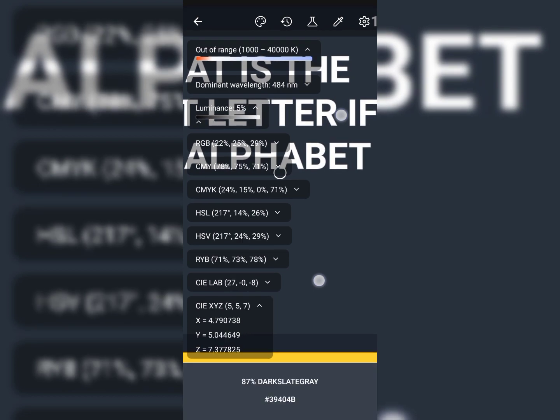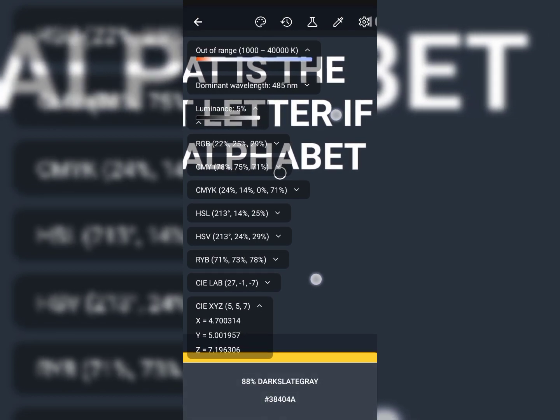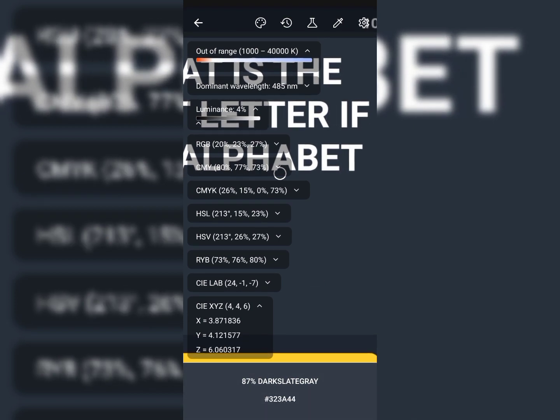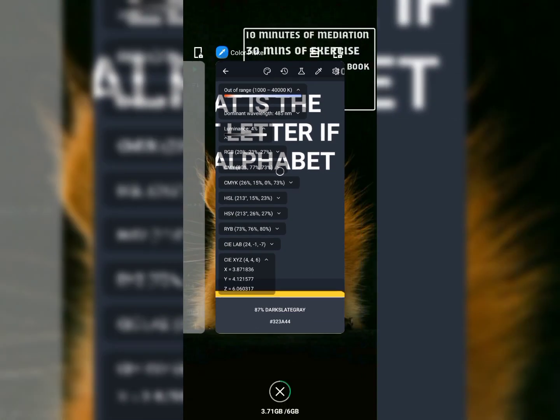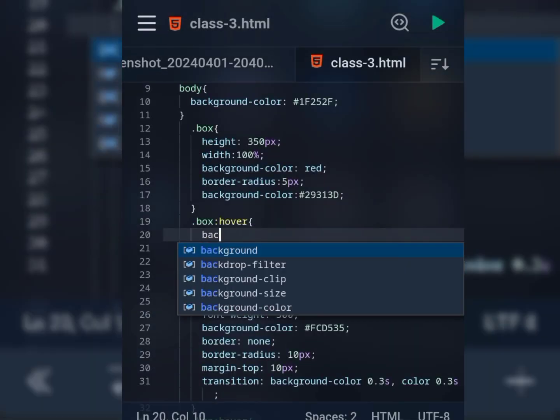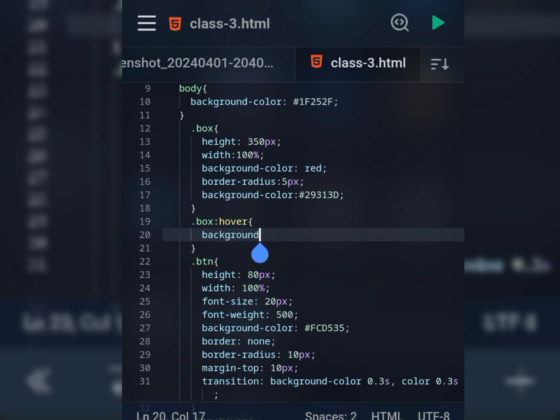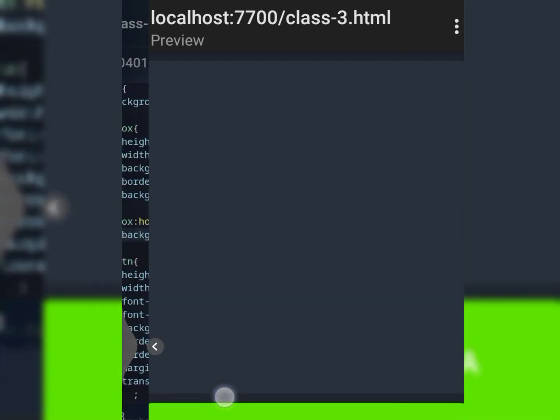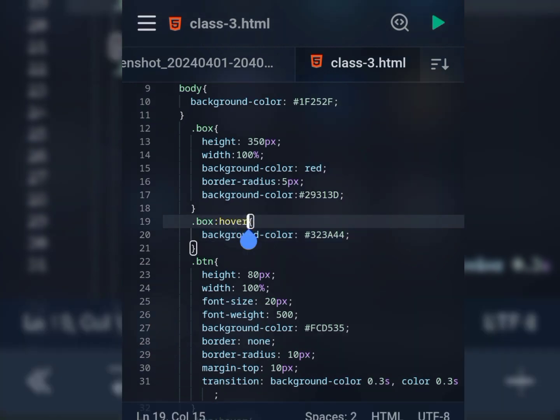And yep, I think this is good. And then you can now change the background color, dash color, and paste this, and then comma. So let's try it out to see if it actually works. So when we are clicking on this, it actually goes light, and then when we are not clicking, it actually goes back dark. Okay, so one thing we should do is to actually change it from hover to active,